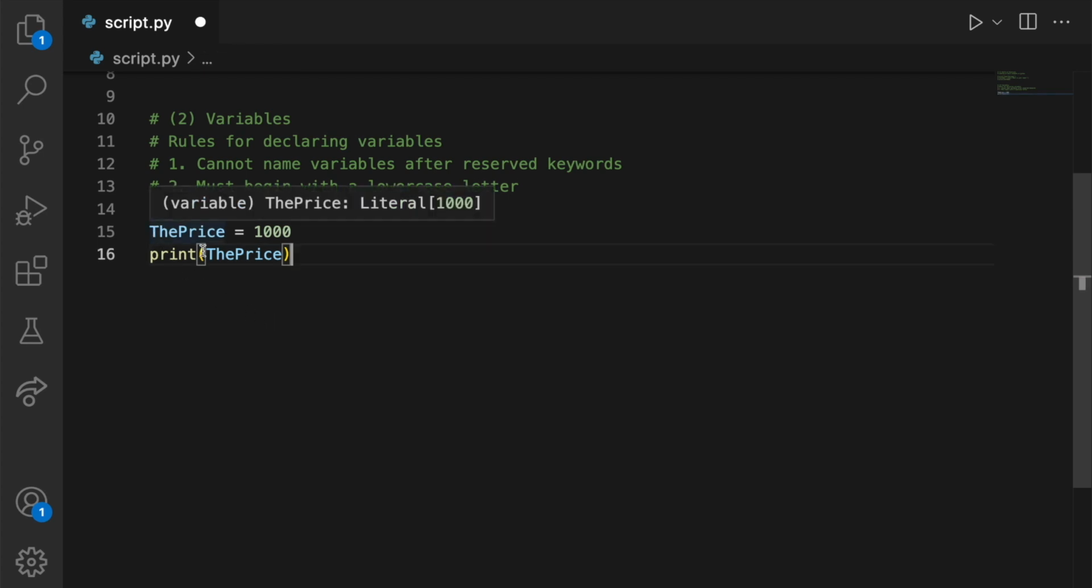So if you use an uppercase letter, you're kind of going against this convention. And while that may not cause your program to break, it can create confusion. Confusion for yourself and definitely for others who may look at your code. Okay? So this is more of a suggestion than it is a